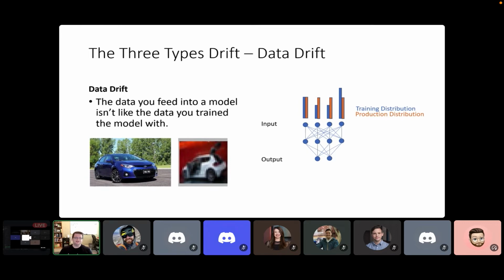And so if we take an image like the one that you see on the right, which we can also all tell is a car, right? It's a car of some sort, the door's open, the hatch is up, and we pass it through our model, right? There will be some value that comes out the end, because all machine learning models eventually give you a value. But the utility of that value for the second image is rather dubious, because the data itself that you are inputting into the model is significantly different than the type of data that was used to train the model,